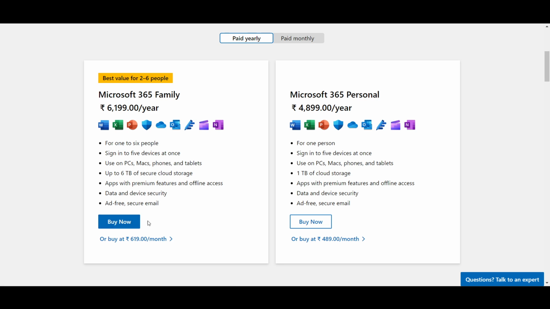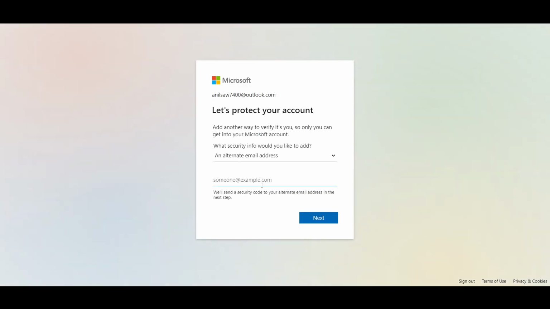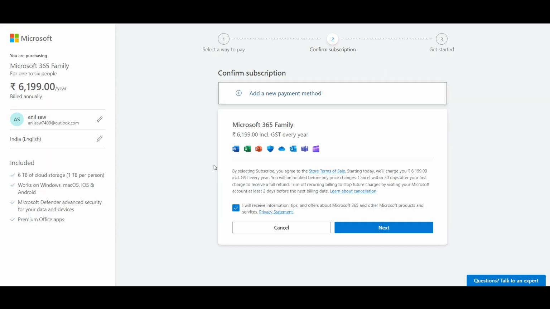This is a yearly plan. You can also buy a monthly plan here, and let's click on buy now. It will ask for your account, so you have to sign in to your account here. Once you sign in, you will get this option, confirm subscription,